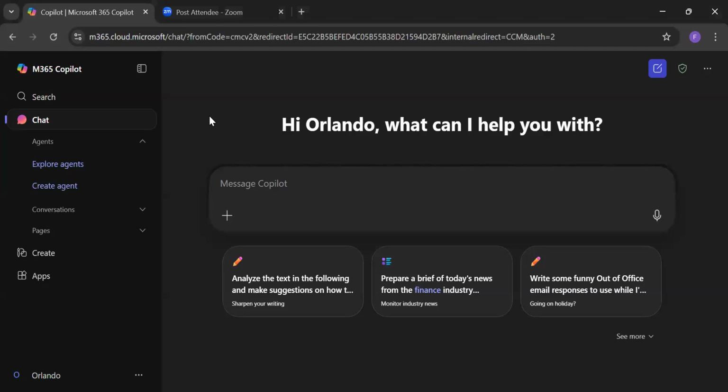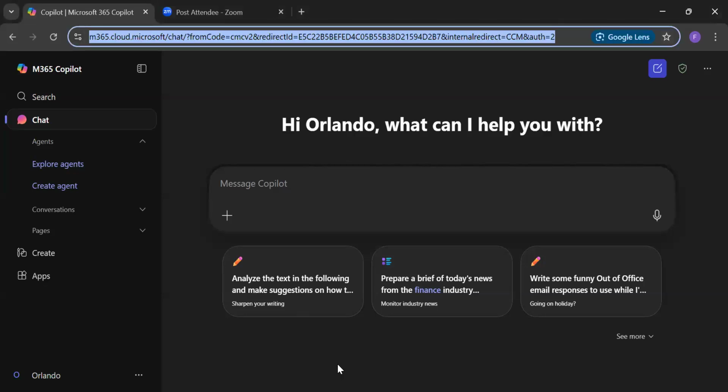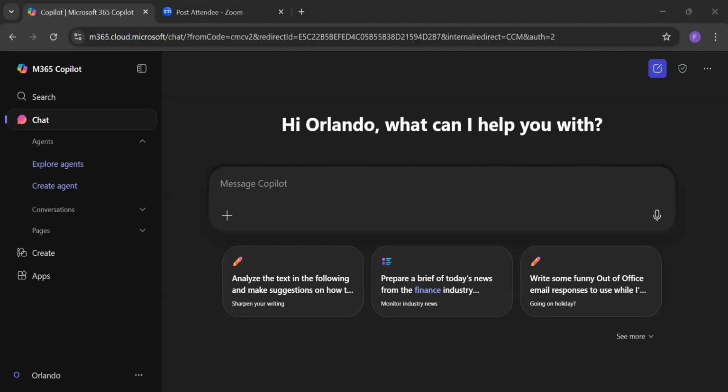Yes, we can see your screen. Okay. This is Microsoft Copilot. I can send a link to the group chat so that everybody can also participate. Let me do that right now. I've sent it to the group chat.